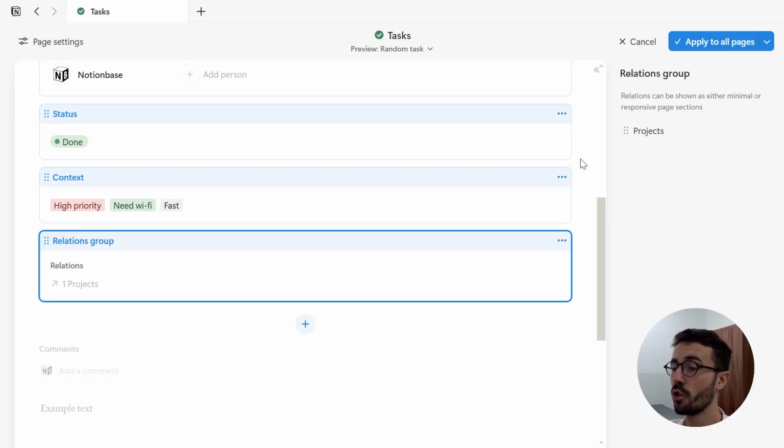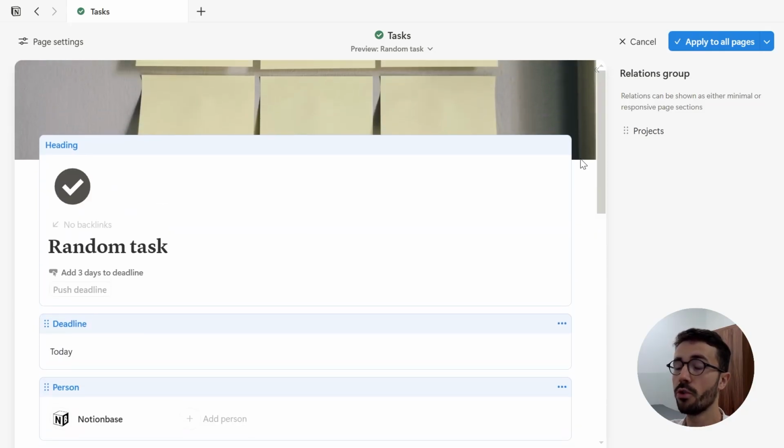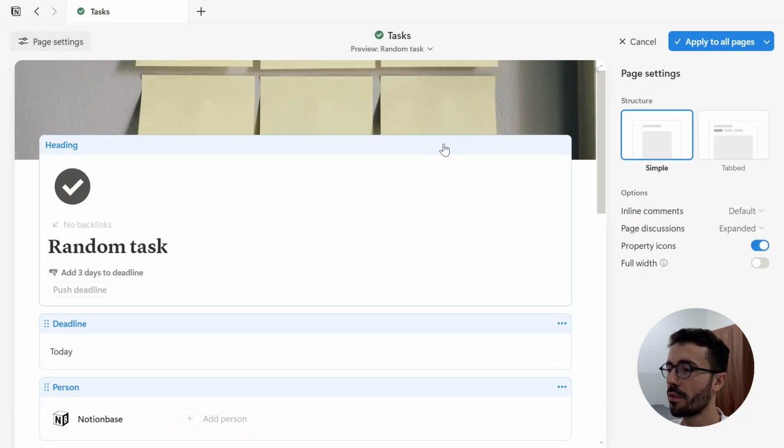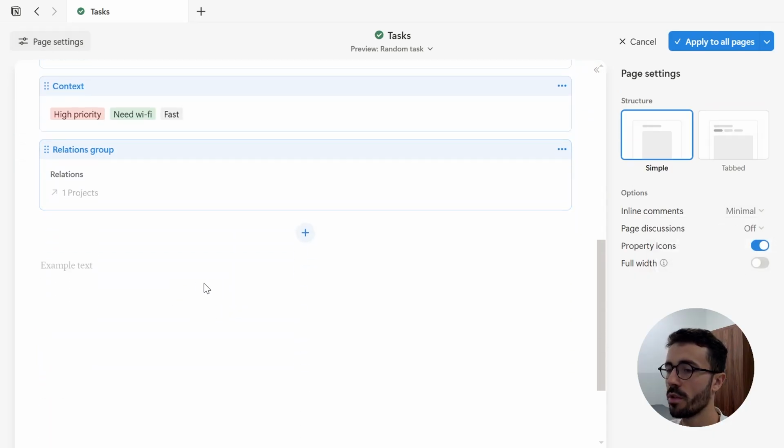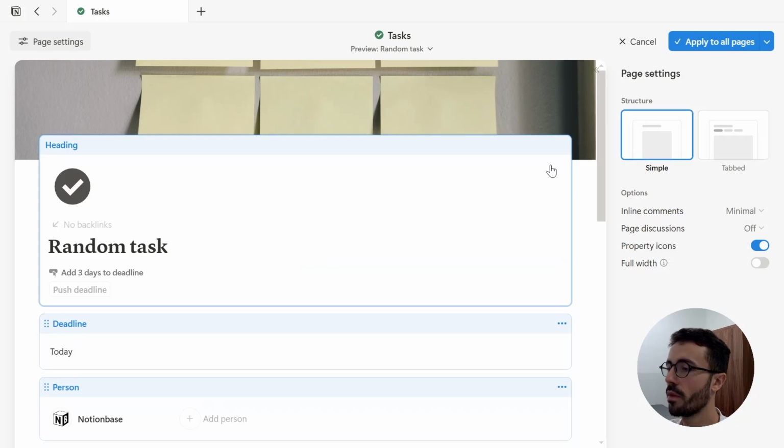And finally, I'm going to show you the last feature of Notion layout, which is really cool. Let's open the page settings in the top left corner. Here, I will hide the inline comments and the page discussions, which are the comments at the bottom of the page. Then if I want, I can show or hide property icons and set all the pages in the database as full width. But the most important part is at the top, where I will switch the structure from simple